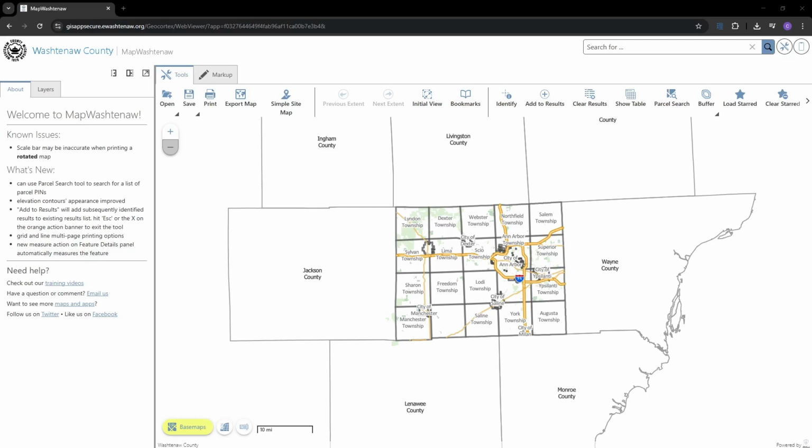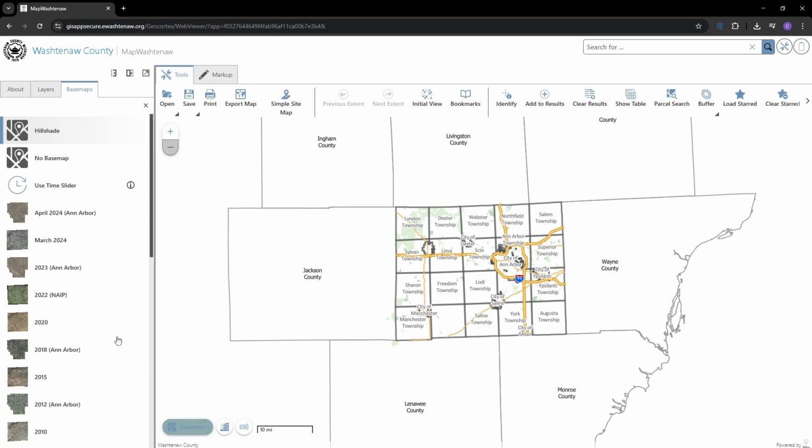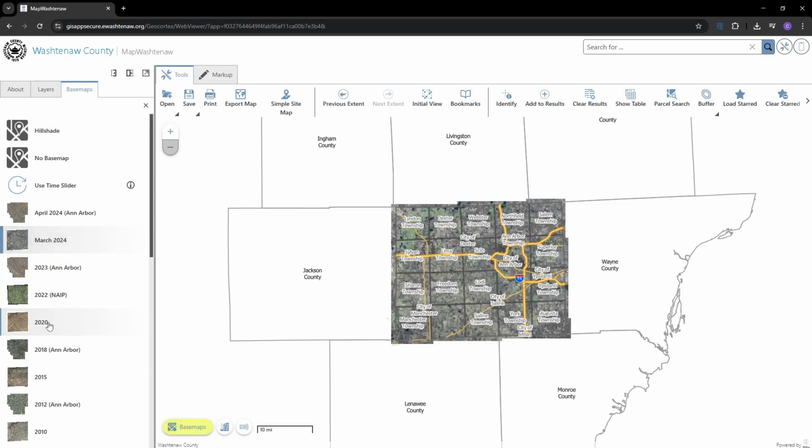This video is going to be an overview of how layers work in MapWashtenaw. The first thing users are often interested in is how to change the base map so they can see our aerial imagery. The primary location for them is under this Basemaps button in the bottom left corner of the map. Click here to open the widget, and then you can just select whichever year you're interested in for it to